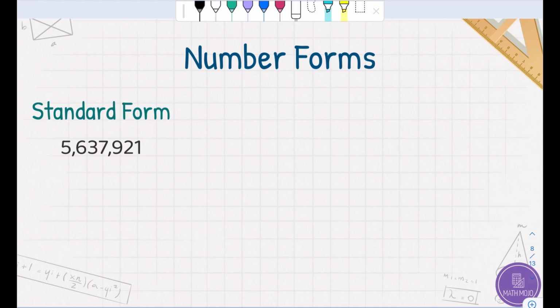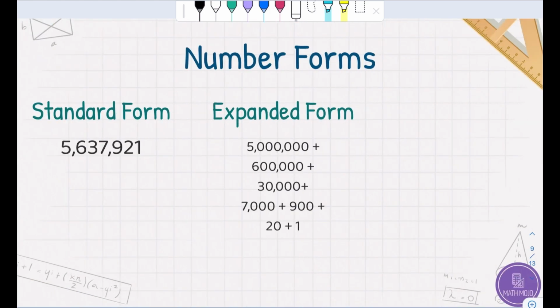And then we have expanded form, where we take the first digit and we put the number of zeros that there are after the number. So for example, we have the number 5 million. So there's 6 zeros that would come after that one. And then after that, we have the number 6. So right over here, we would put 6, and then we would put 5 zeros right after,